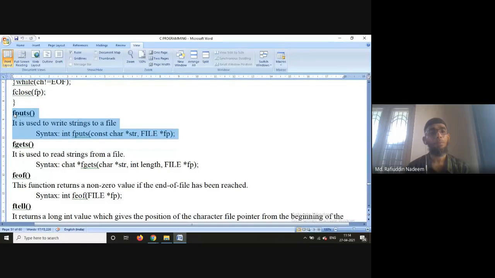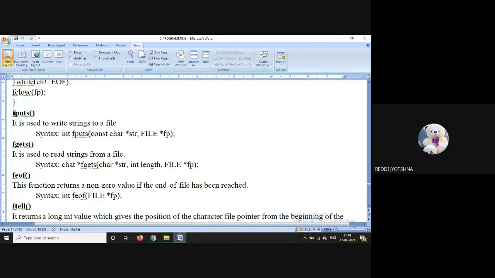Okay, fine. So now fputs is actually used to write a string to a file. See, yesterday we have seen